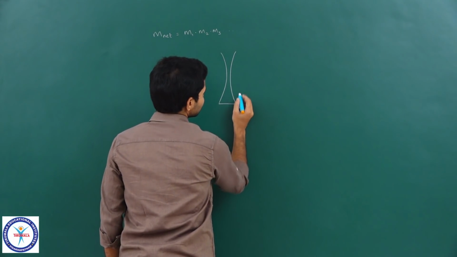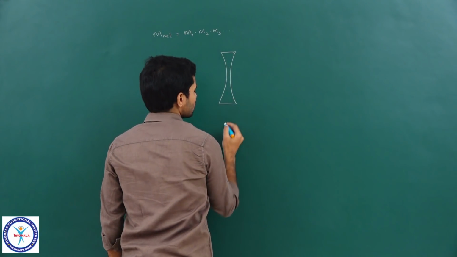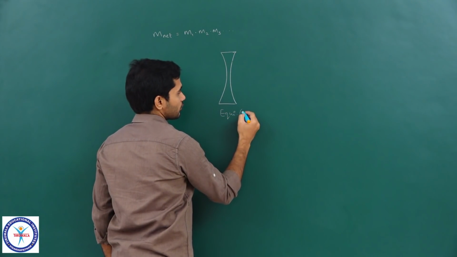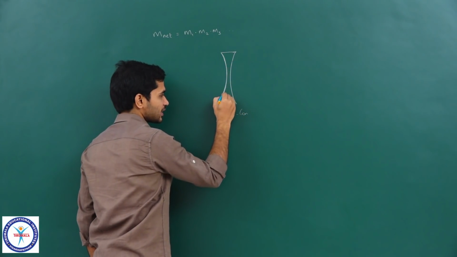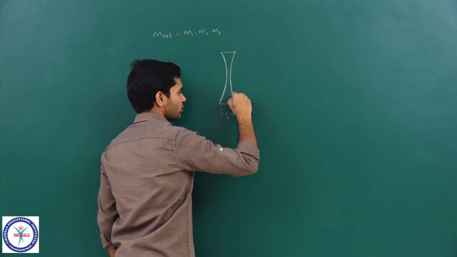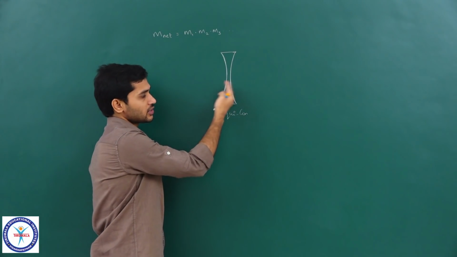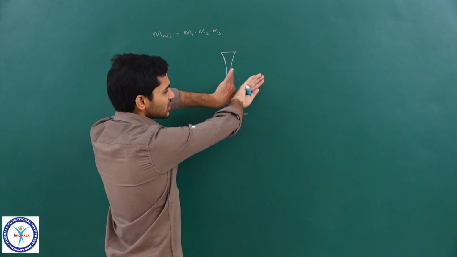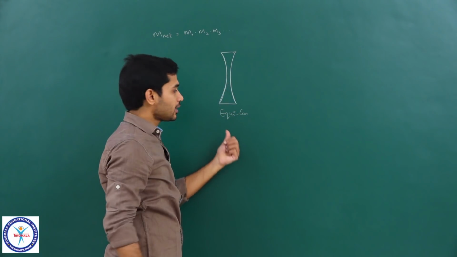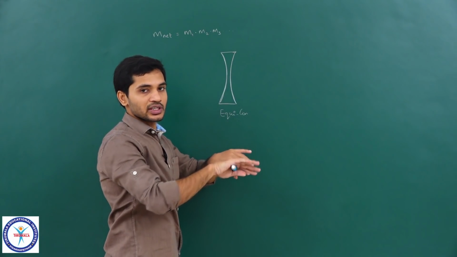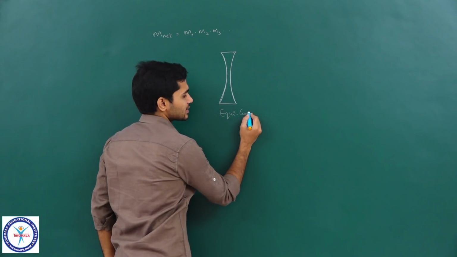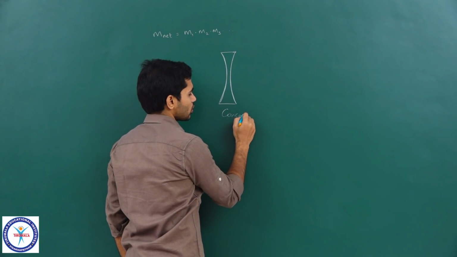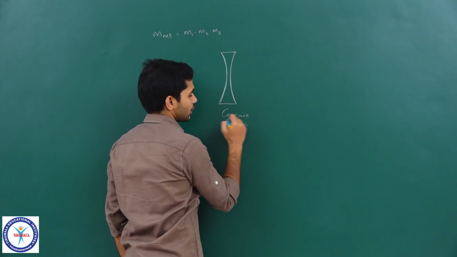What do we call this lens? We call this equiconcave. If the radius of curvature is the same on both sides, it is called equiconcave. Otherwise, if the radius of curvature is not the same, you just call it biconcave. Biconcave means both the surfaces are concave. Equi means they are equal in magnitude also, clear. So, let us just take it as a concave lens. This is a concave lens, fine.